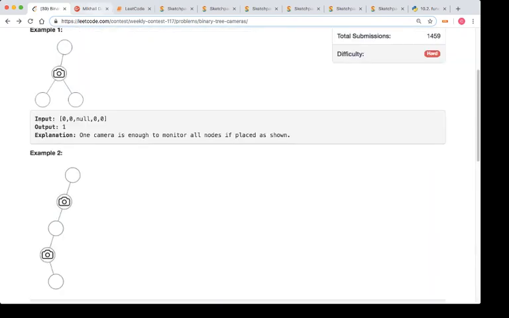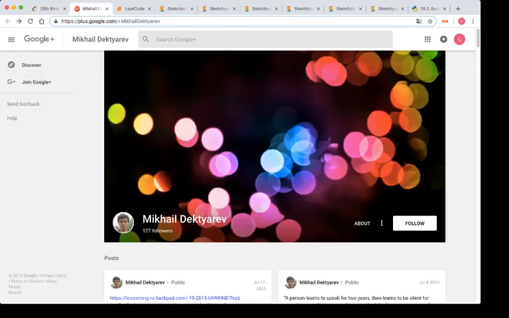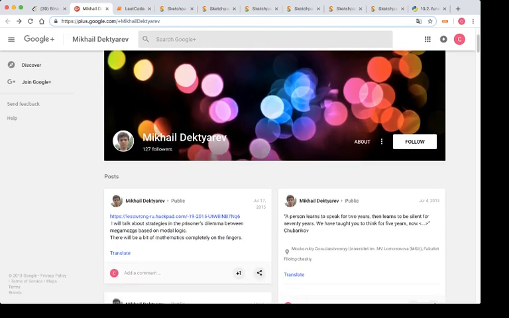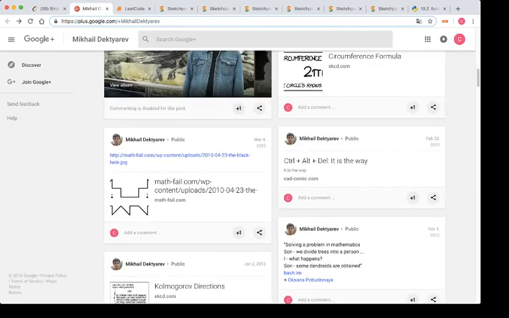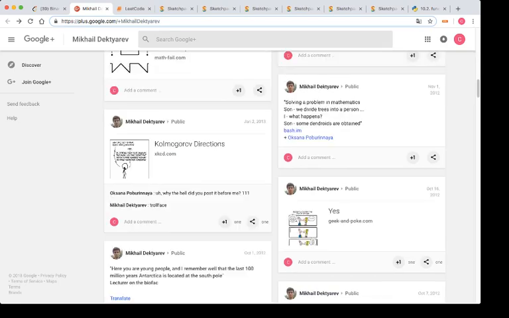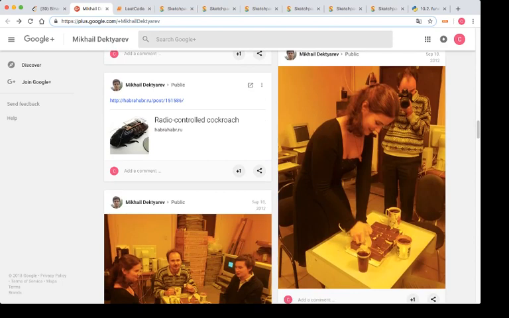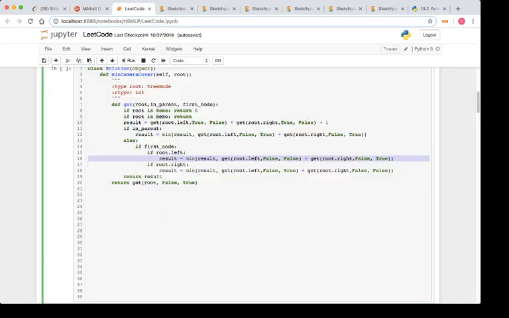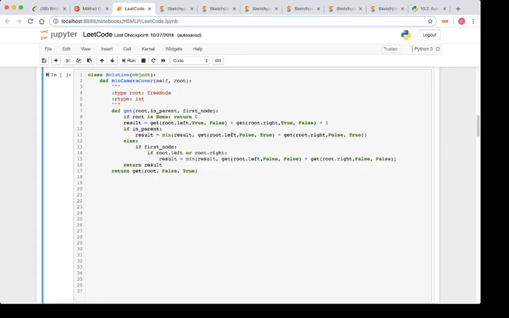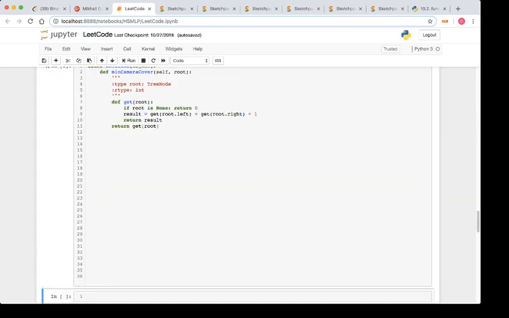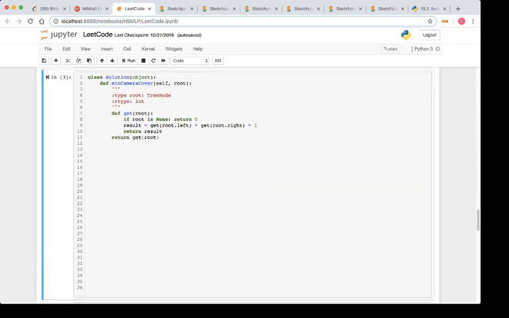And then I had a big inspiration from Mikhail Dekterev. Well, I mean, I may have just copied his entire code. I mean, I didn't really copy it, but it was almost exactly the same. And yeah, he was very inspiring. So he was my muse. I also wanted to keep this for my own memories because it was really fun. And it took me, I don't know, half an hour, but that's because I also checked the solution